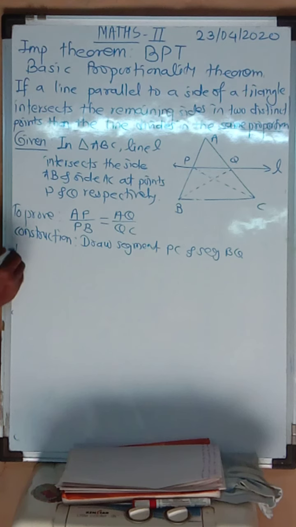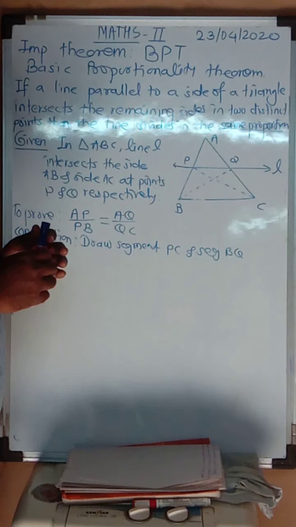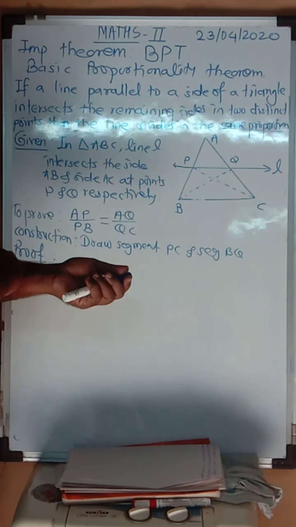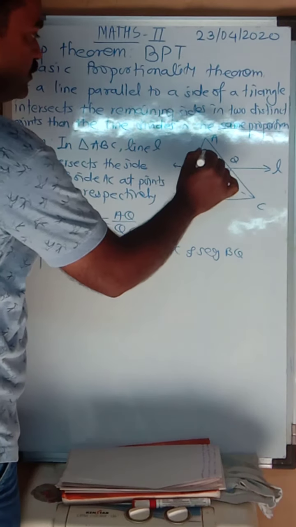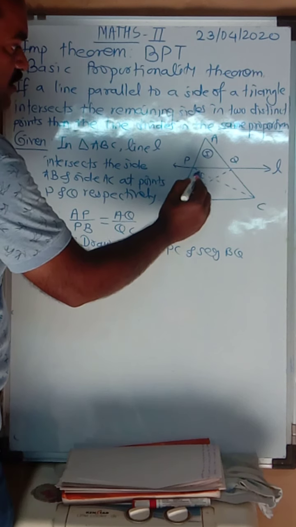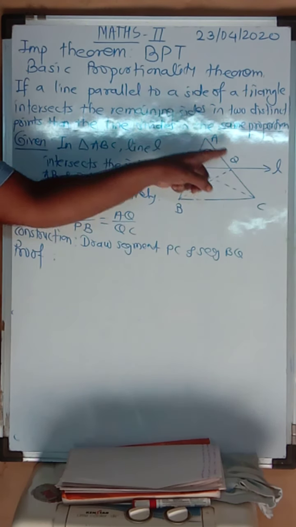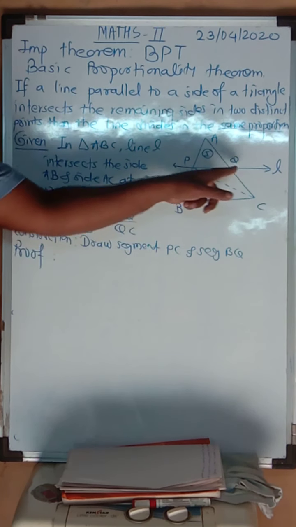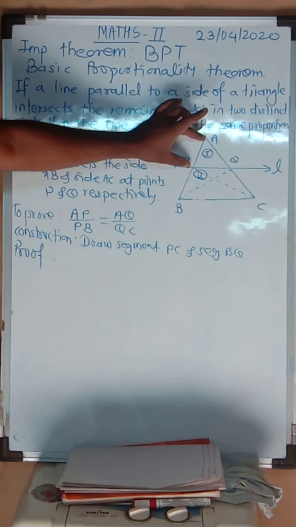Look here, to prove this theorem, we have to look at this triangle. That triangle divides into so many triangles. Among those, we have to take any two triangles. First of all, we are taking this triangle APQ, and the second triangle is BPQ. Triangle AQP and BQP. For these triangles, assume that AP is a base.